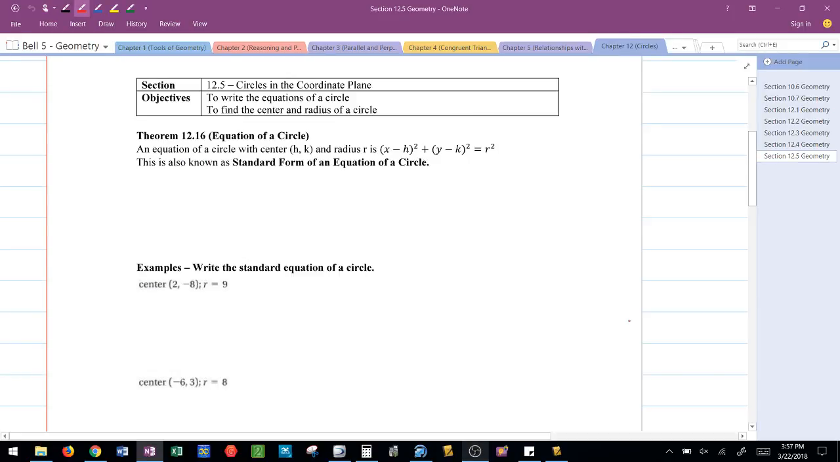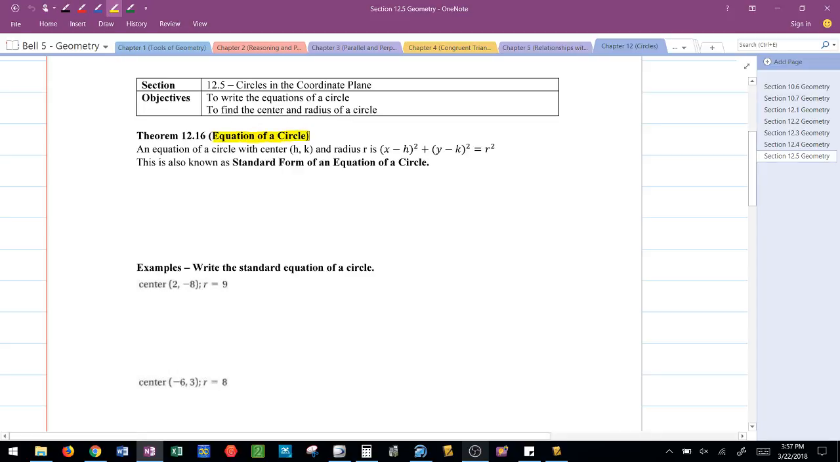Lesson 12.5 talks about circles in the coordinate plane. So what do we got to be able to do? We need to be able to write the equation of a circle given the center and the radius. We need to be able to find the center and the radius of a circle given an equation. All right? So the first thing is we want to figure out what is this thing that is called the